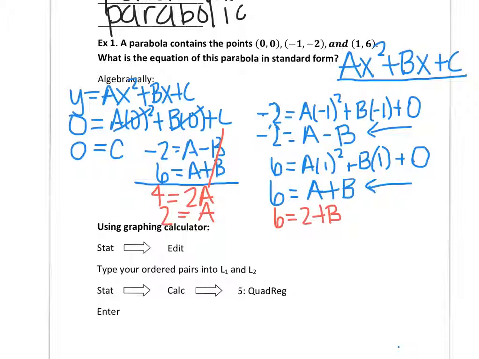So if I solve that equation, I'm going to move my 2 over, and that gives me 4 for B. Okay, so we can find the equation for a parabola using our systems knowledge. So my final answer is going to be, I'm going to take my A value, my B value, my C value, and I'm now going to plug them in, and